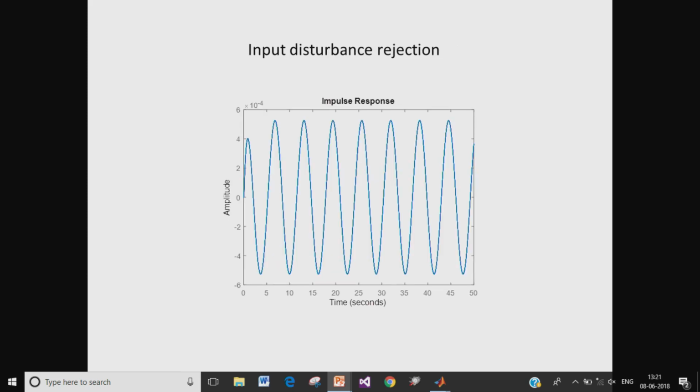Likewise, when we look at the input disturbance rejection, we note that the amplitude of the response or the output due to input disturbance is merely 6 into 10 power minus 4 units, which indicates that we have managed to suppress the input disturbance by an amount that is much larger than what was expected of us. We wanted 1% of the input disturbance to appear at the output of our system, and what we have succeeded in doing is to suppress it not to just 0.01 units, but actually to 6 into 10 power minus 4